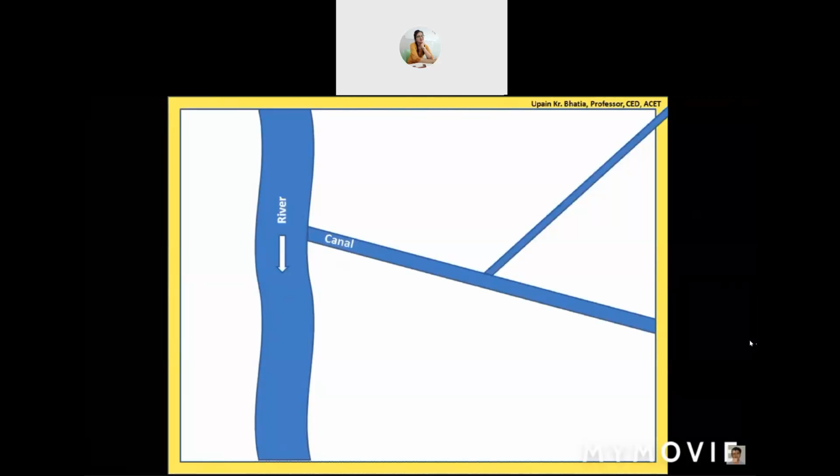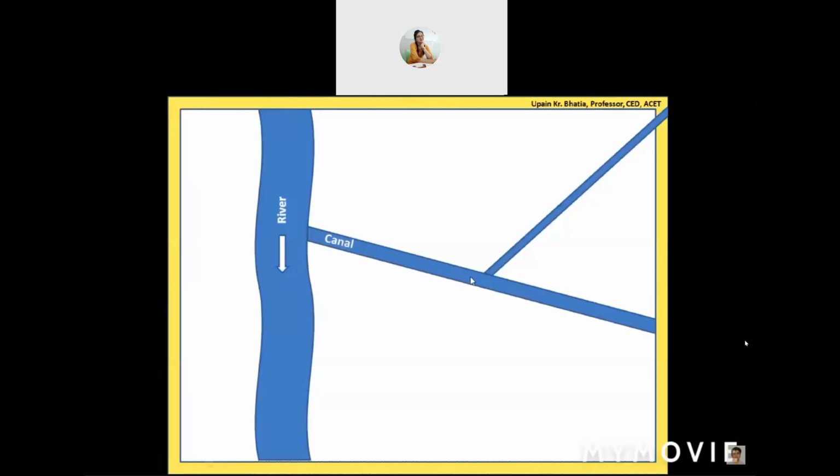So what kind of structures are provided? I have categorized them into three categories basically. So where these structures are to be provided and what is the category of the structure. So let us see. Before that, I would like to make a mention over here that from this point